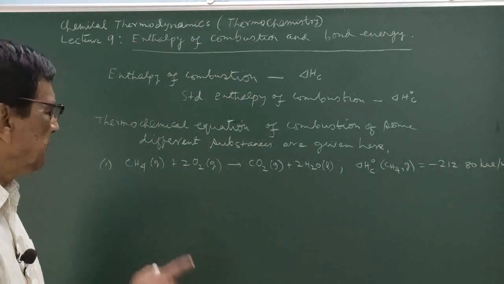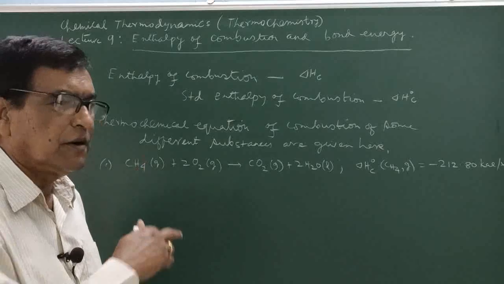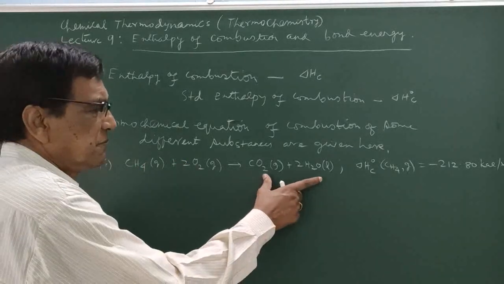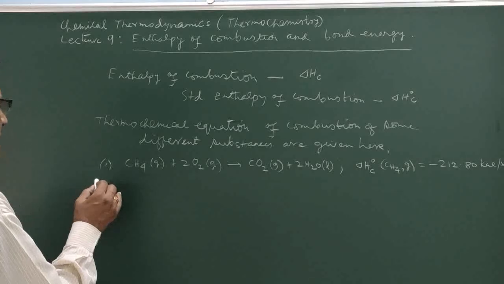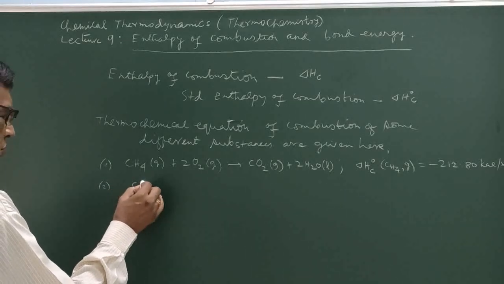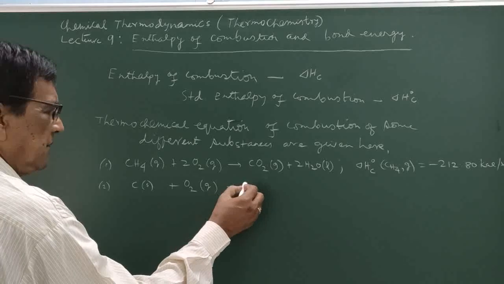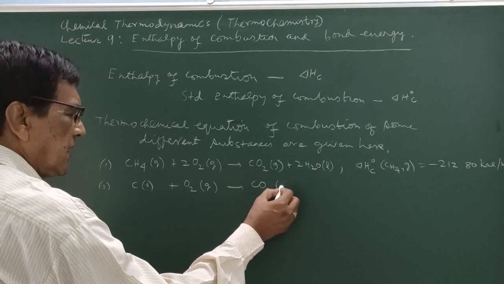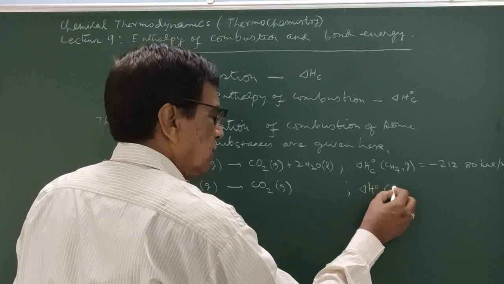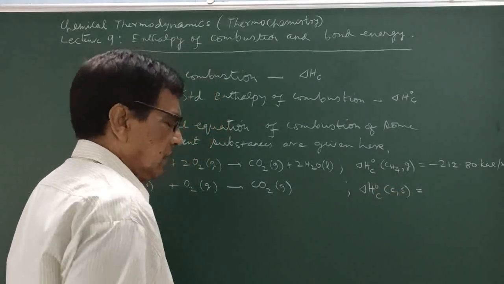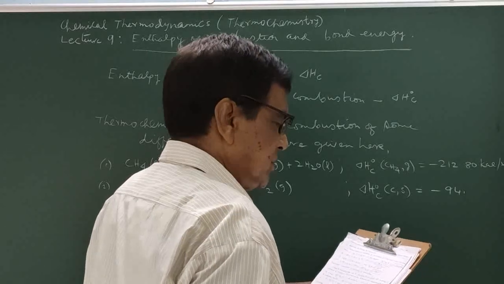It means that if 1 mole of gaseous methane is undergoing the complete combustion in excess of oxygen, then these are the products obtained, and this amount of heat will be liberated. So in case of 2, suppose carbon solid plus O2 gas giving this carbon dioxide gas, and in this case del H naught C of this carbon solid is equal to minus 94.05